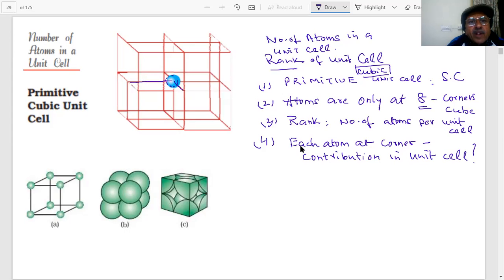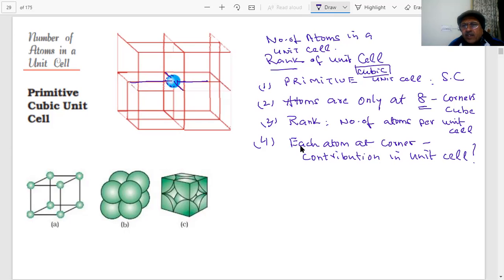There is another unit cell here, and another on the back. How many are there? One, two, three, four, and four on the top of this. So if I see the part here,